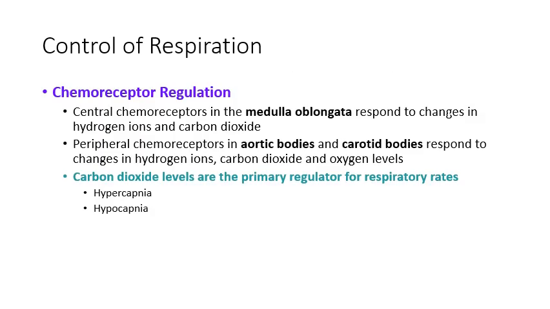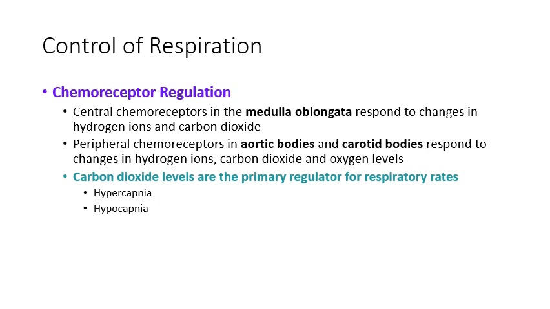Okay, so the main regulatory pathway here is through chemoreceptors. You've got some peripheral chemoreceptors in your aorta and in your carotids that are measuring the amount of carbon dioxide, the amount of hydrogen ions, so the pH, and also oxygen levels in your blood. And those peripheral chemoreceptors are then going to send that information to the medulla oblongata, and the medulla oblongata is